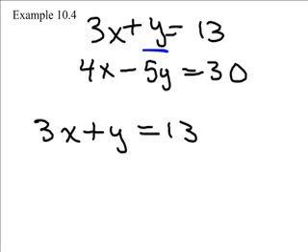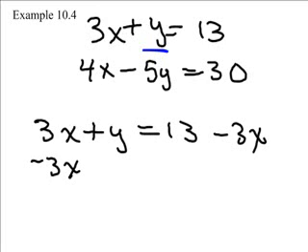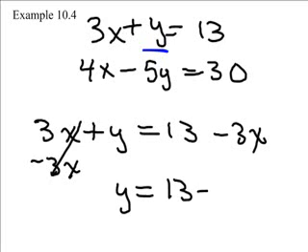So I'm going to first take this equation 3x plus y equal to 13, and I'm going to just subtract 3x from both sides. So if I do that, there's no x on the other side here, so essentially I'm just transposing. I end up with y equal to 13 minus 3x, or if you had put the 3x term first, it would have been negative 3x plus 13. All right, so I have y equal to 13 minus 3x,